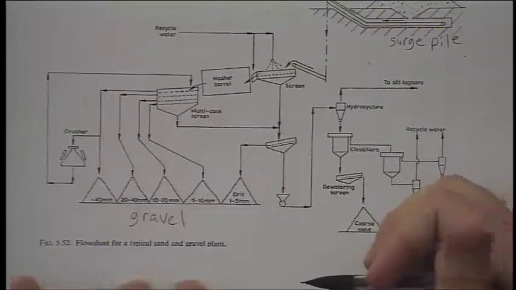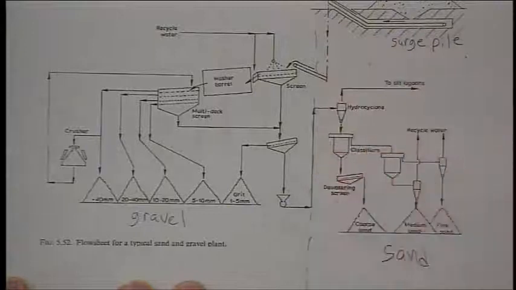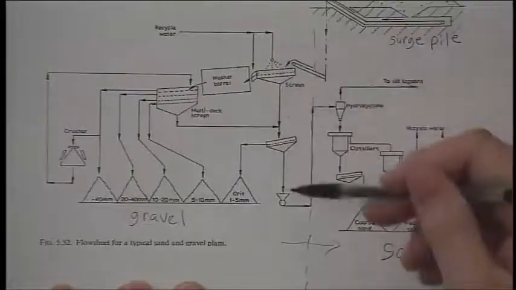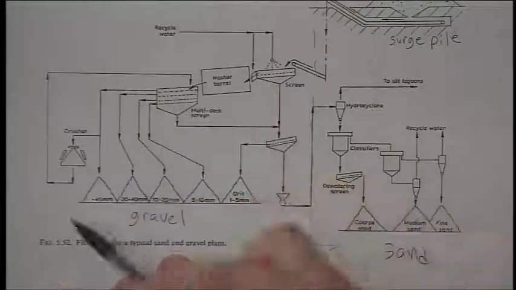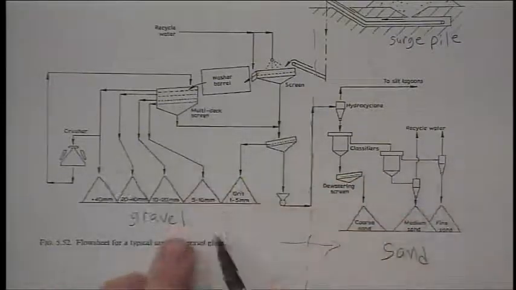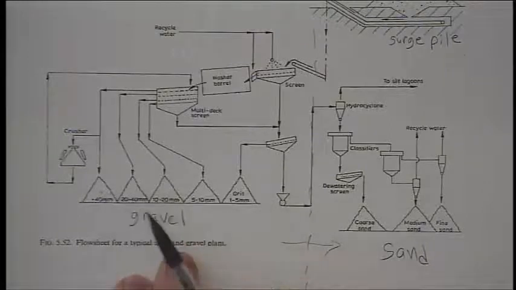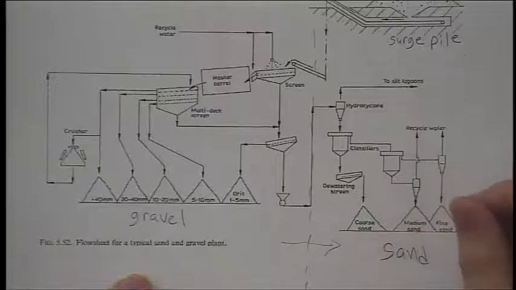What you can do is draw a line to realize there's this separation, or I guess you could draw it here. So this is your gravel operation, with a very similar crushing process, and then with your sand, it's a little different, but